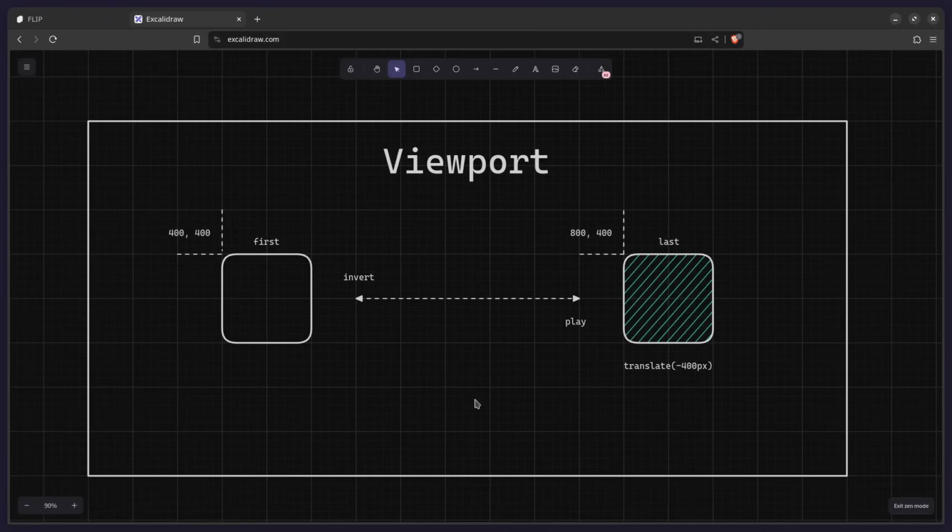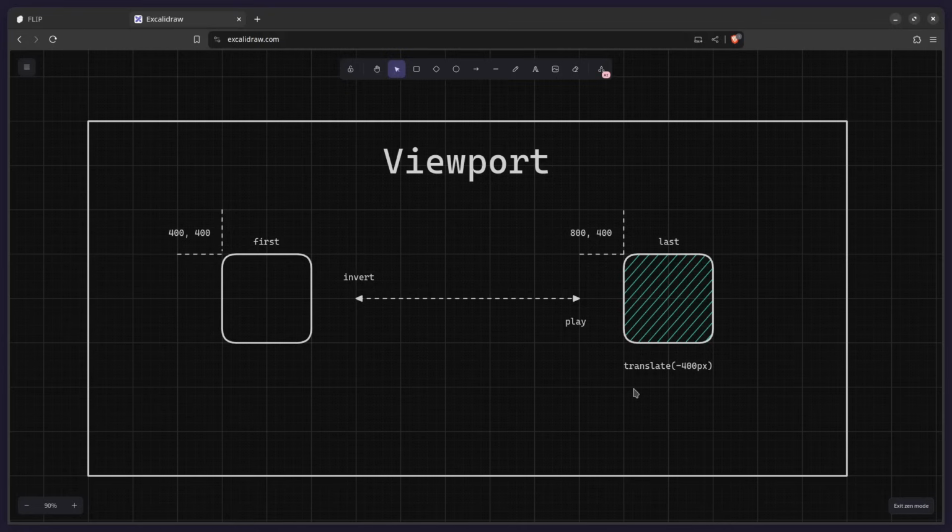So the first thing you're going to do, FLIP stands for First, so we're going to use getBoundingClientRect to measure this. So we're going to get the X and Y coordinates, and we're going to get the width and height, right? So here we're going to have 400 and 400 in this example. And then we're going to measure the second position like this. So this is the Last in FLIP, right? And then we're going to measure this. So this is, for example, in the x-axis, this is 800 and the y-axis stays the same, right? So now we just need to get the difference. So the difference between 400 and 800 when we subtract them